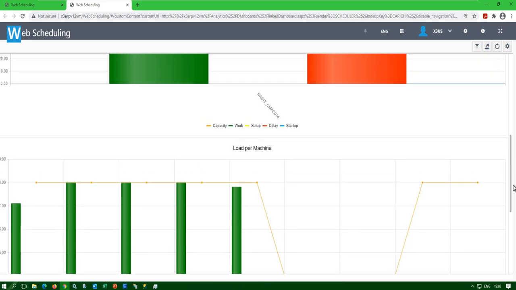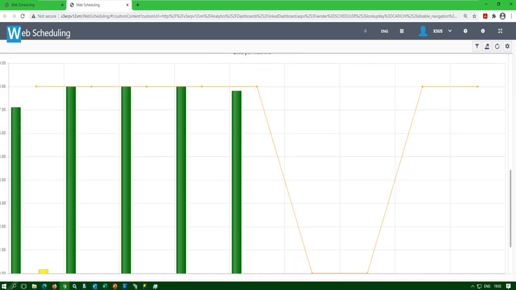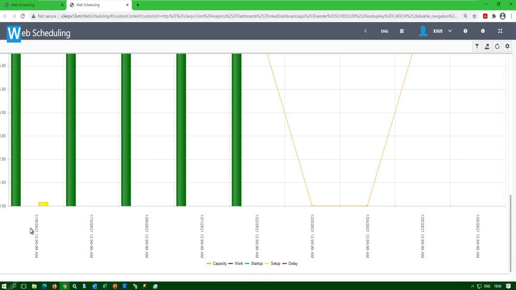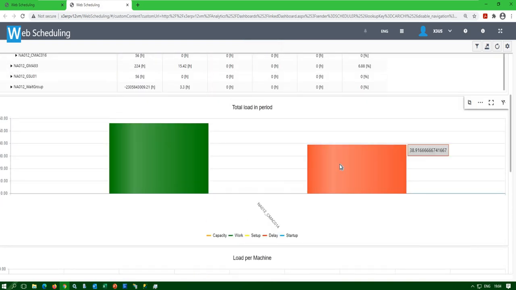If I scroll down, we see that in fact, offloading the Mac 16 operations onto Mac 14 is causing the utilization of that work center to butt up against capacity, to the point where across each shift, so we see a shift here, shift here, shift here, shift here, it's actually introducing a delay of roughly 39 hours. So this is a great way for a planner to be able to communicate to the operations manager the impact of